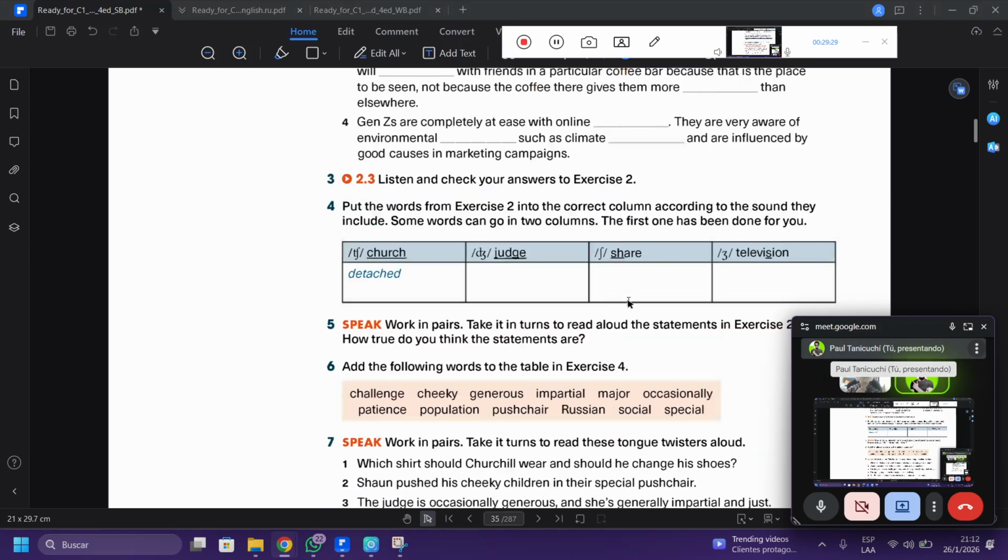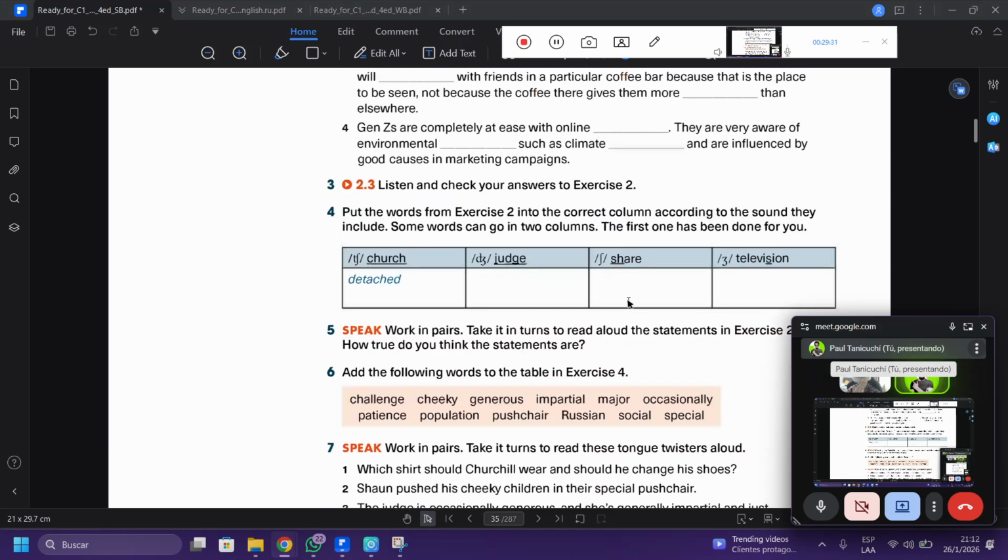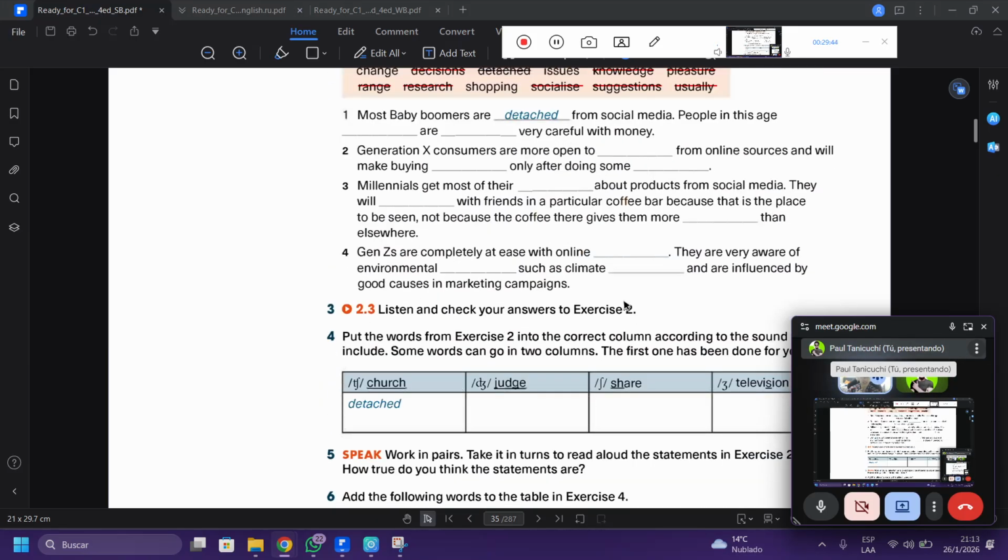Number four. We have to put the words from the exercise according to the sound. We have to classify these words. Touch, detach is like judge, church. What do you think it could be? Judge, knowledge, yeah, for sure. Research, it could be in detach. It's change as well.